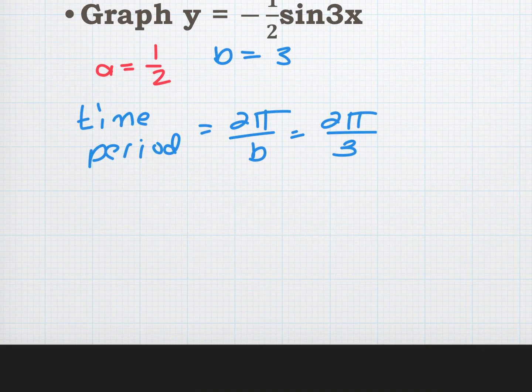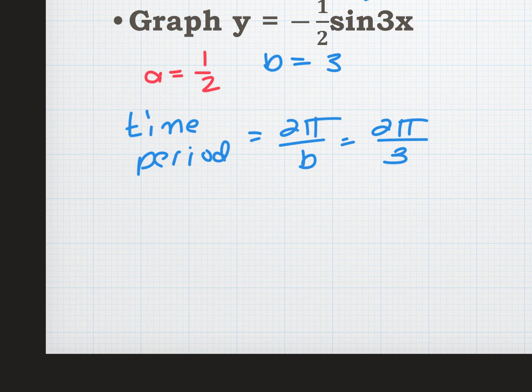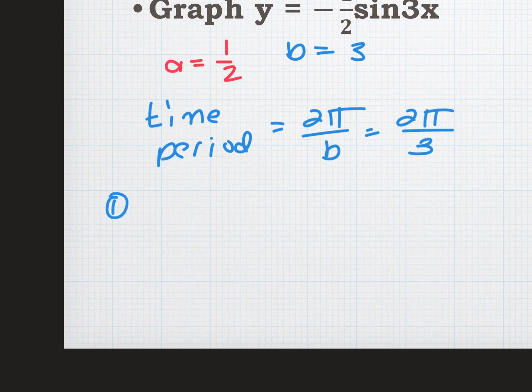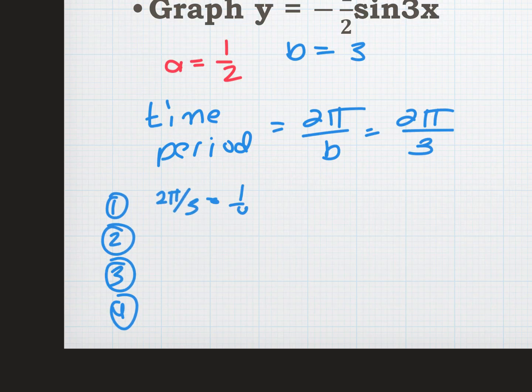So, I have my time period. I know where I'm going to start at 0. I know I'm going to end at positive 2 pi over 3. But how do I find the tick marks in between? I'm going to write down a 1, a 2, a 3, and a 4. And I'm going to take my time period, 2 pi over 3, and multiply it by 1/4. So I get 2 pi over 12, right? Which is